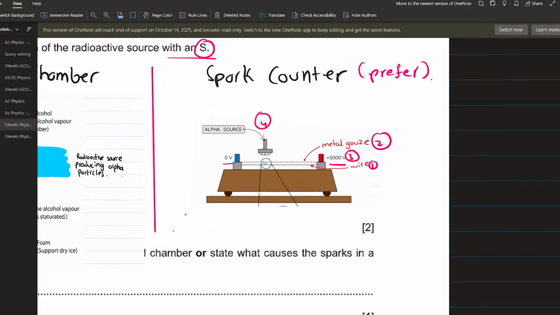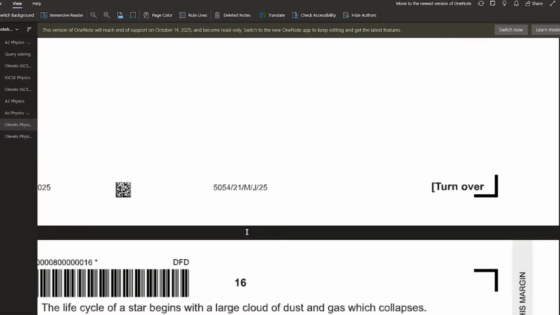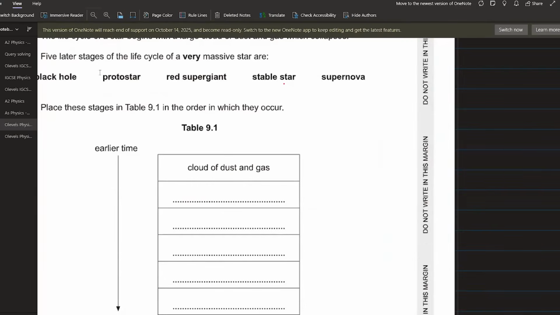स्पार्क काउंटर में कौन सी चार चीजें बनानी है? वायर, गॉज, हाई वोल्टेज सप्लाई एंड रेडियो एक्टिव सोर्स। सिंपल एज दैट, नथिंग कॉम्प्लिकेटेड। आगे बढ़ते हैं। लेट्स मूव अहेड।